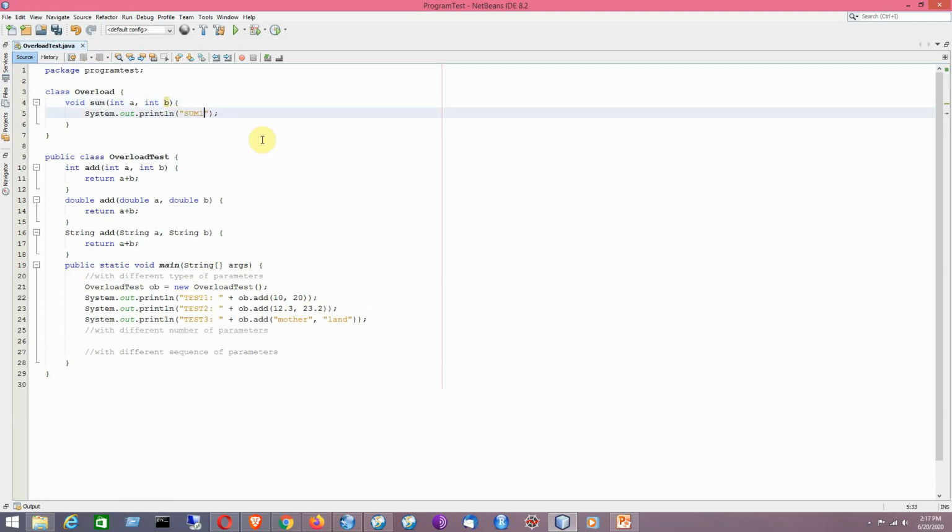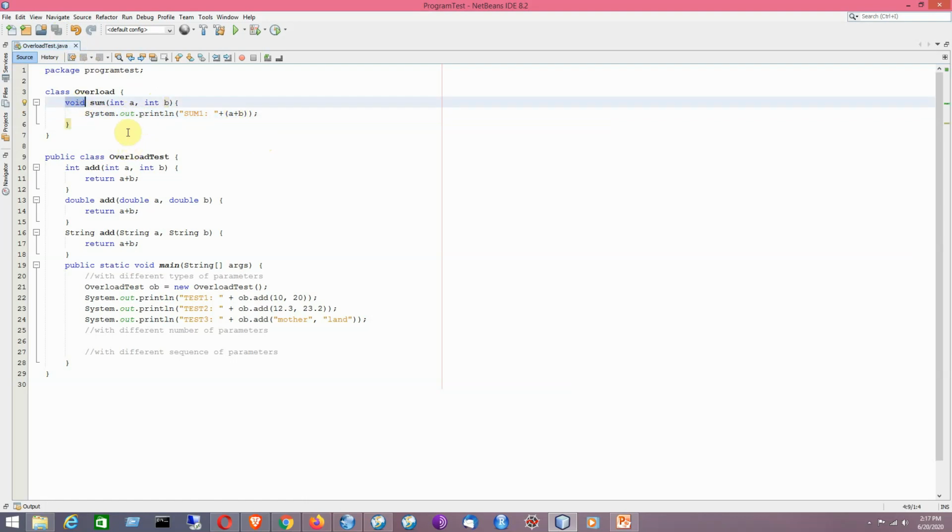Say for example, it is a plus b. So it is performing addition of two integer numbers, and after the addition is done, the result will be displayed by using a SOP statement. So the return type is void.